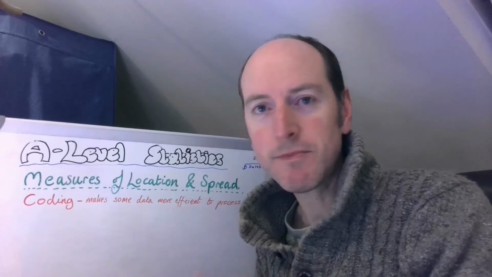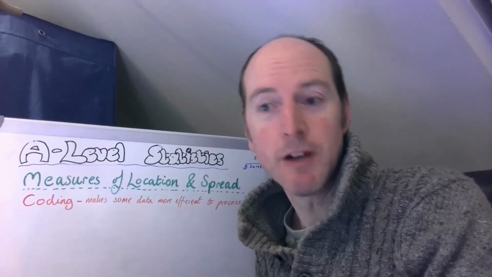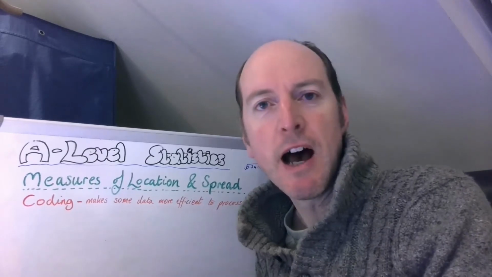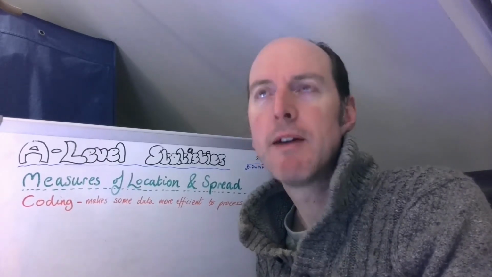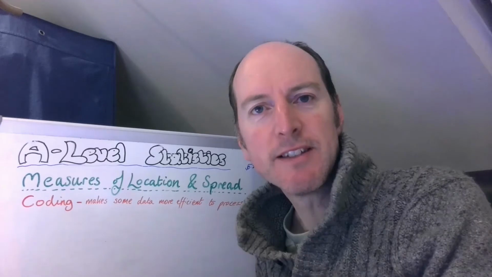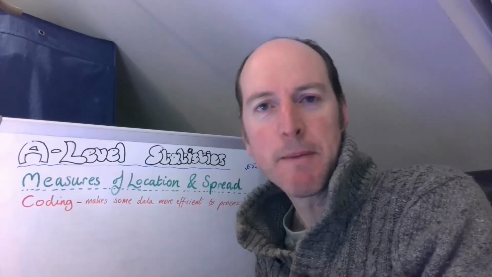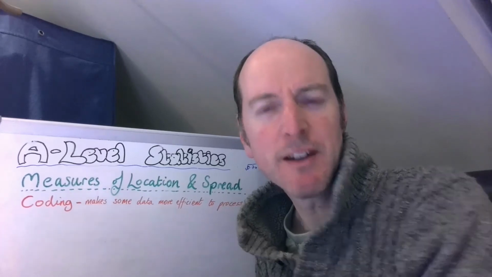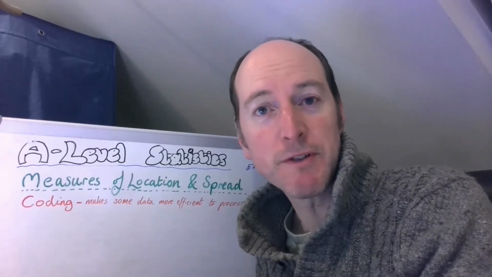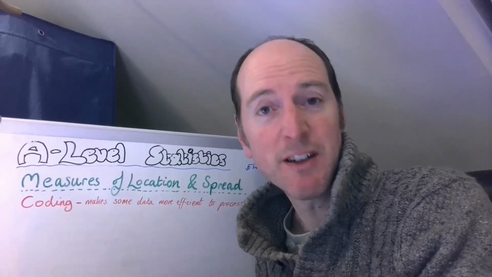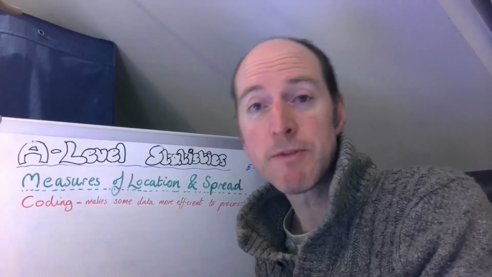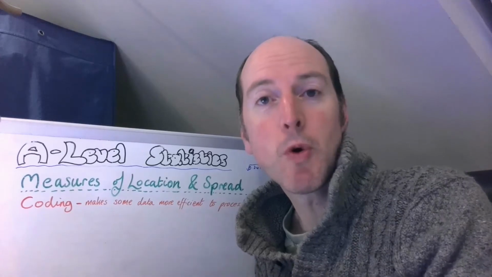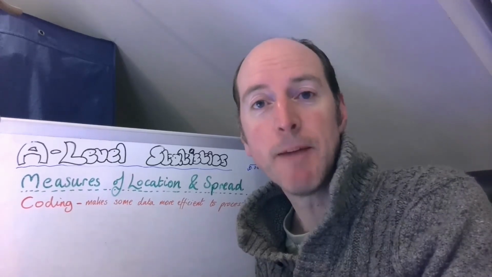Hi there. So today's our final look at measures of location and spread before we just do some practice. And we're looking at coding. The reason we need coding is that some data may have very long complex numbers, but it only varies at the end. So if you take a whole load of numbers off, and sometimes if you divide by a number or even multiply, then it can make the numbers just simpler,